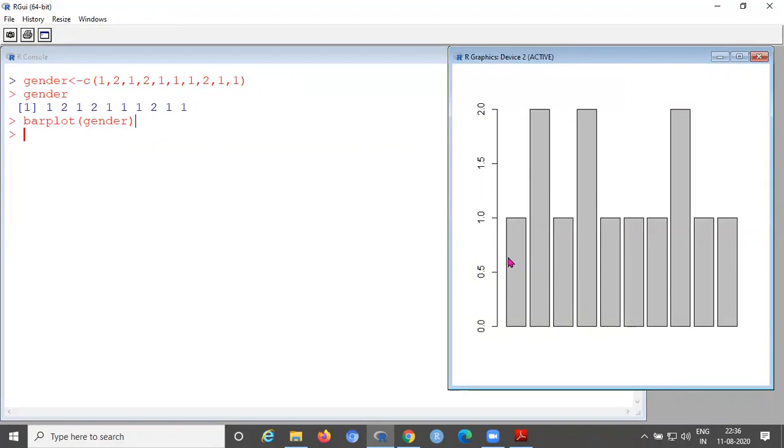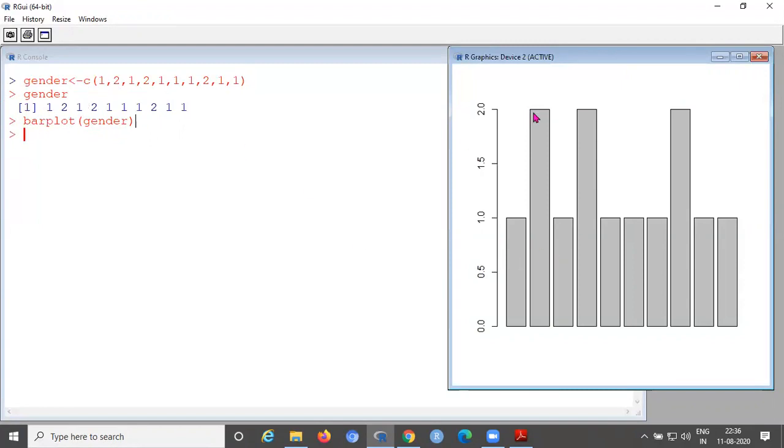The bars are numbered 1 to 10 on the x-axis: 1, 2, 3, 4 and so on up to 10. The first one has frequency 1, so one time. Then for bar 2, I mean category 2, how many times is it repeated? 1, 2, 3. The next one is repeated 7 times, but it takes individually.